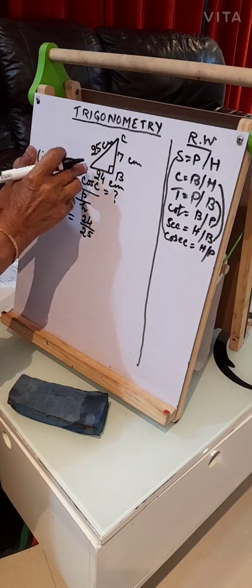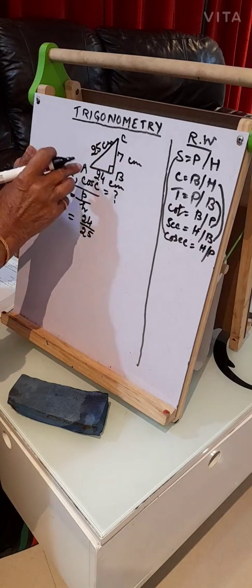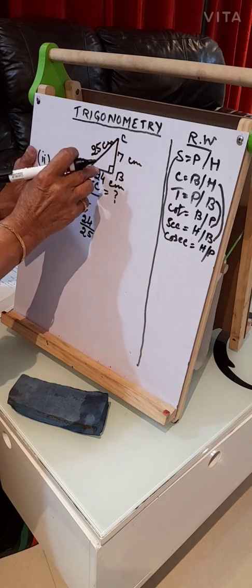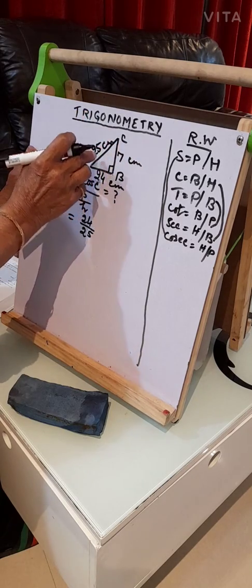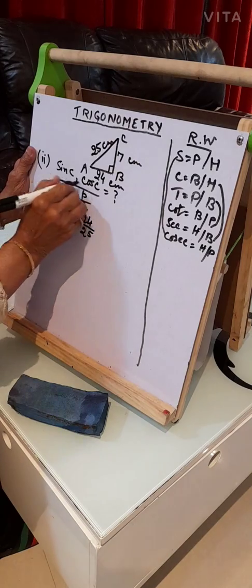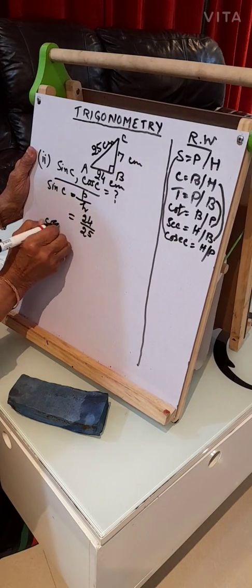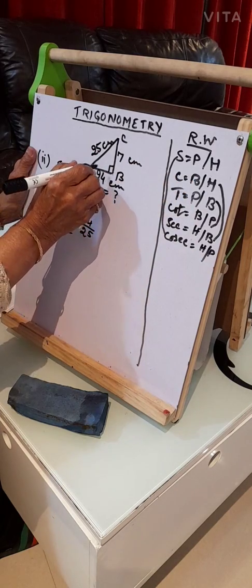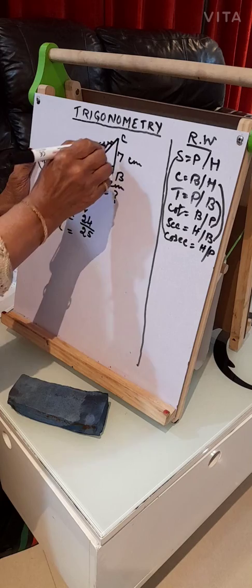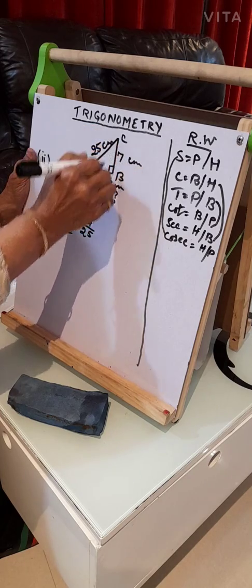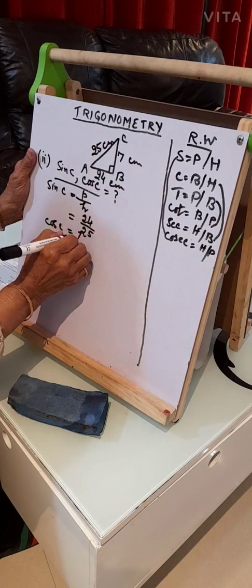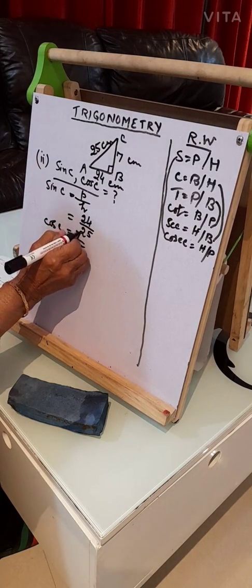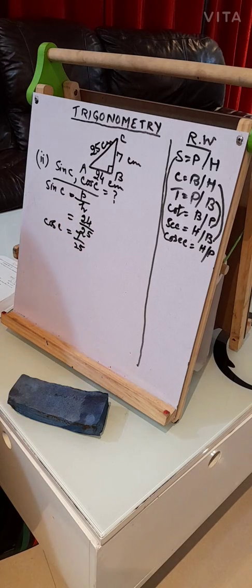जब उन्होंने sin A पूछा तो हमने कहा 7 over 25. लेकिन अब वो पूछ रहे हैं sin C. Sin C क्या होगा? Opposite side to angle C is 24 over hypotenuse is 25. Number 2, cos C. Cos is equal to B over H. How much is B? Base इसका कितना है? इसका base है BC. This is 7 over hypotenuse is 25. So 7 over 25 will be the answer for cos C.